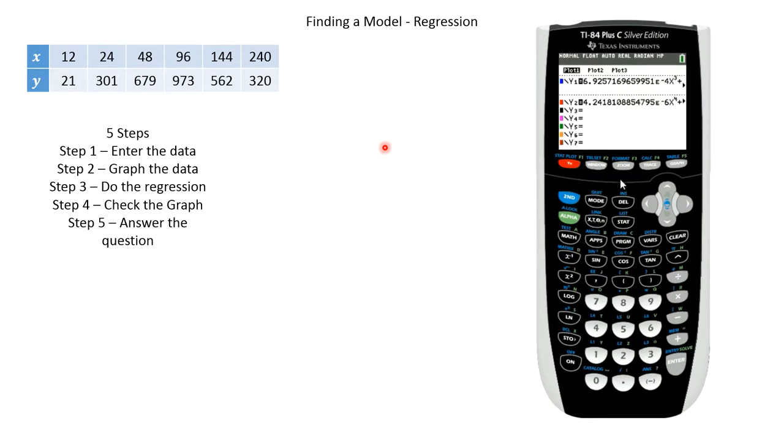So now if you forgot to write down the equation, you can always go to the y equals, and there it is, and it just lists out the numbers, and you'd have to scroll over to get it all. Or a lot of times when I do this, I'll do the cubic, I'll do the quartic, I'll graph them both, and then I'll see like, oh, hey, the quartic works better. I'll just do the regression again really quick. You don't have to worry about storing a regression equation, but do the regression, and that'll pop up with the equation,